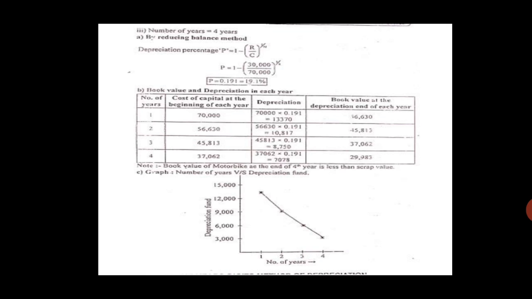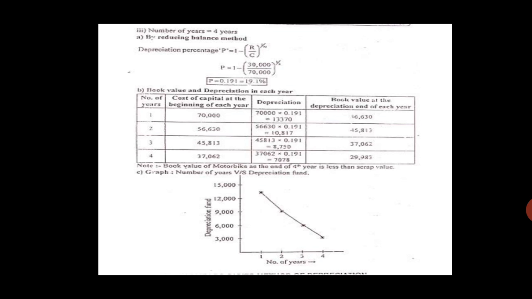So again we will have a table of 4 columns. The year life is 4 years only. For easy calculation they have given less number of years, otherwise they can give 15-20 years also. But for ease of computing they only shown 4 years. So number of years, first is 1, 2, 3, 4.